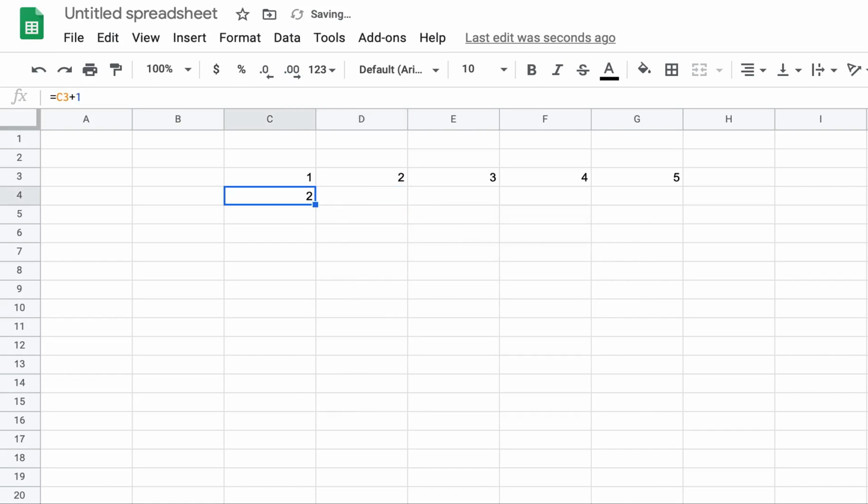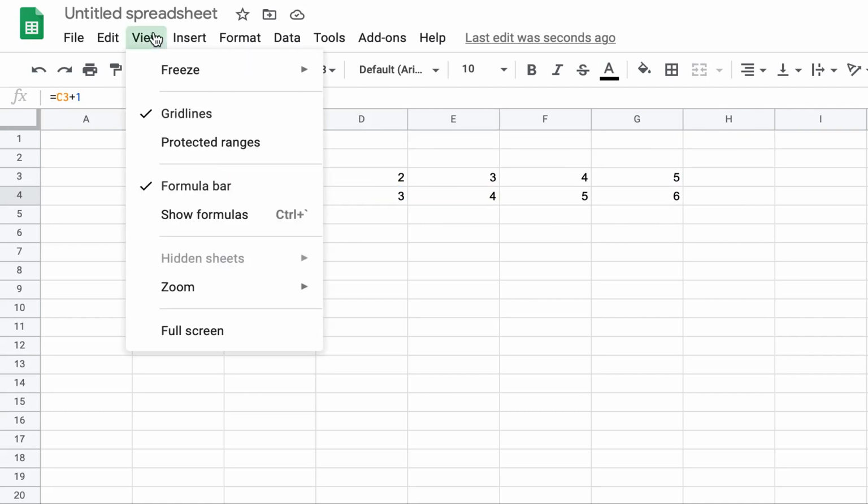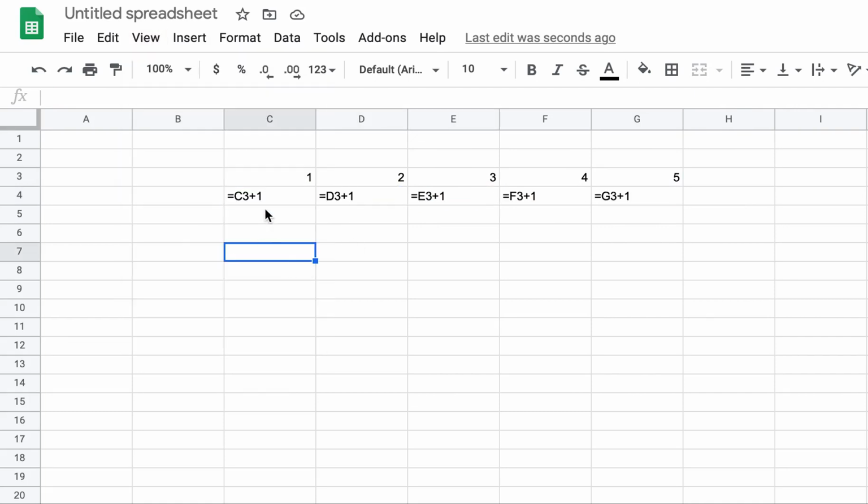But the simple way of doing it in Excel is you just do Command C or Control C to copy it, and then you paste into all of these cells, and immediately, like magic, all the values have become plus 1 of the cell above them. How does this happen? Let us look at the formula view. As you can see, this time, since we were going in the same row from left to right, the 3 was fixed, but C, D, E, F keeps changing. Can you see it? Let me show it once again. I'll show both the examples simultaneously. So this will be plus 1, and if I copy it,